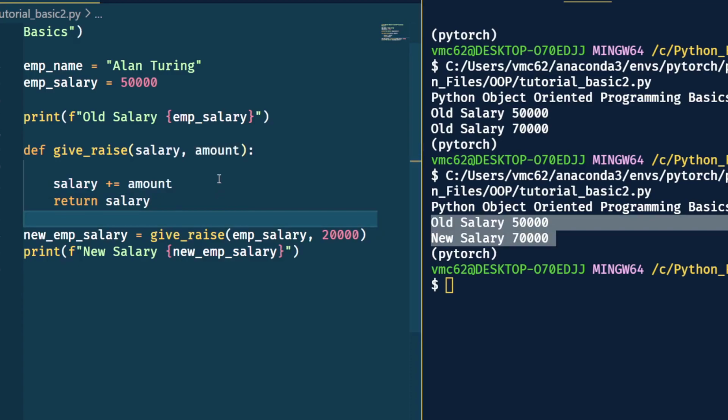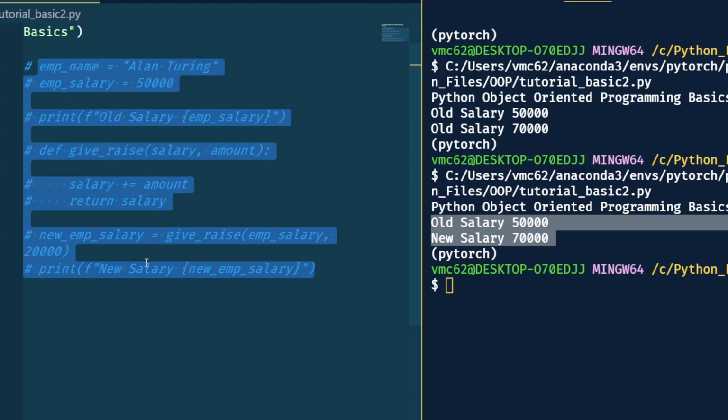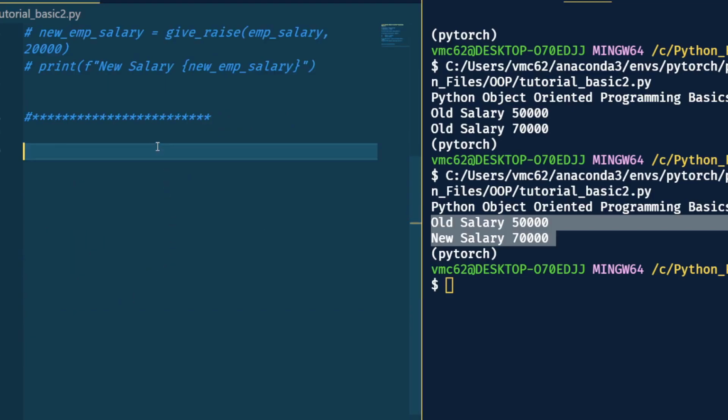Simple. So this is what we call procedural programming, meaning it's a type of programming where we call functions, right? We define a function and then we call that procedure or function. But what about if we have a more complex problem, right? What happens if we want to model a whole employee, and they will probably have several attributes and several behaviors, right? So for that, for a problem where you need a blueprint, we can use object-oriented programming, where the blueprint